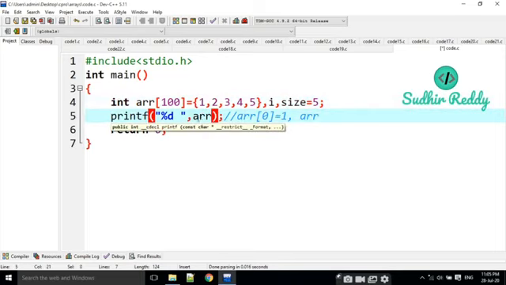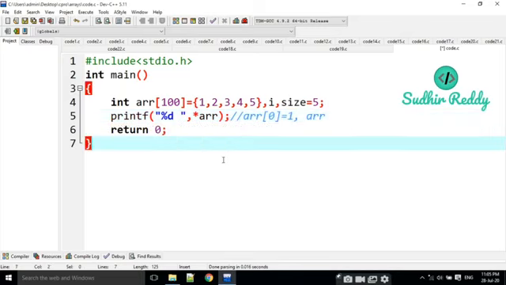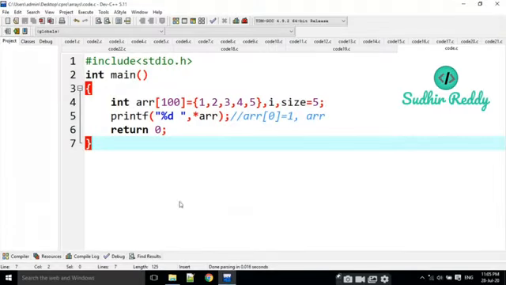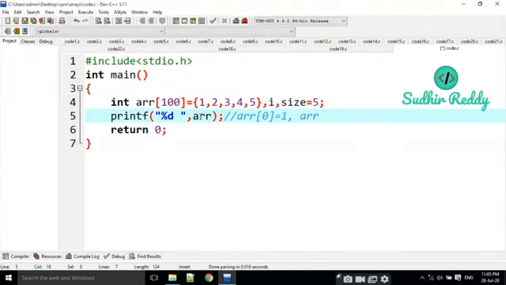How am I going to show that here? I am going to display here, for example, some star. Star means it is a pointer, right? That means it is going to display the value at that address. What is the value at that address? If I execute it, it is going to print the array's first value. Okay, that is 1. What is arr? arr is the address. arr is the address of the first variable of an array. Okay.